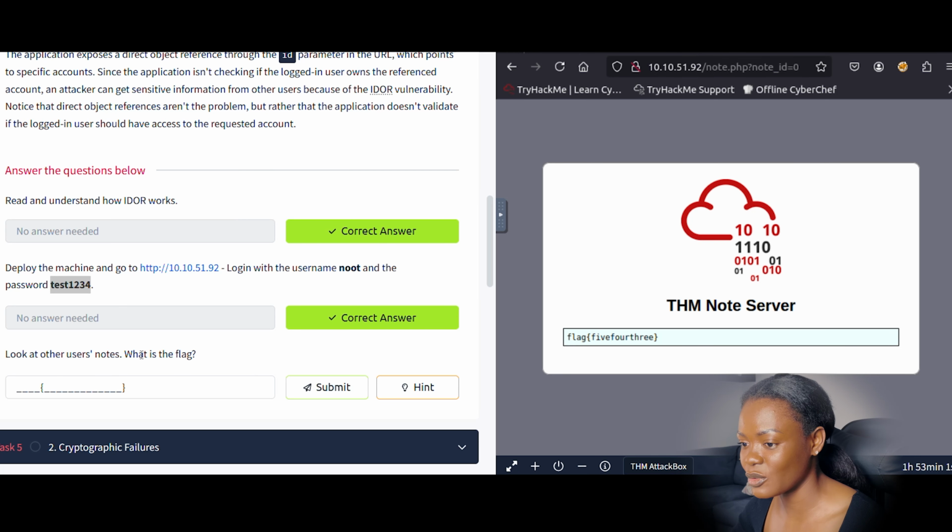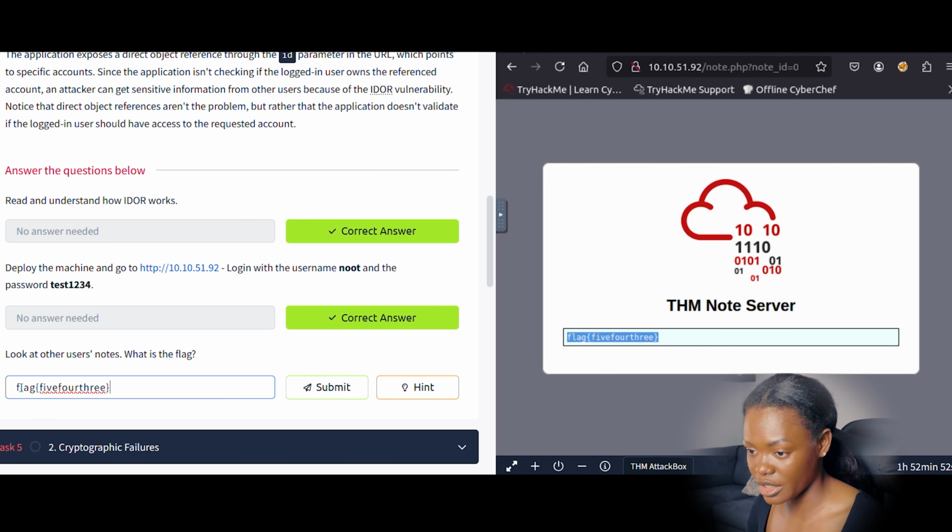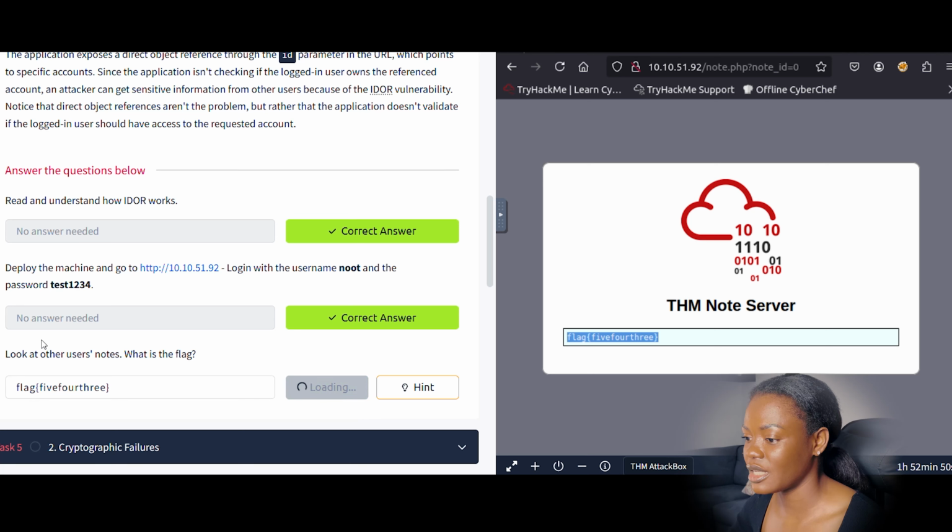Look at others' notes. What is the flag? This is the only place that we have found a flag, and I'll try to copy the flag and put it here and submit and see if it's correct. And so it's correct. So what this does is just show you how broken access